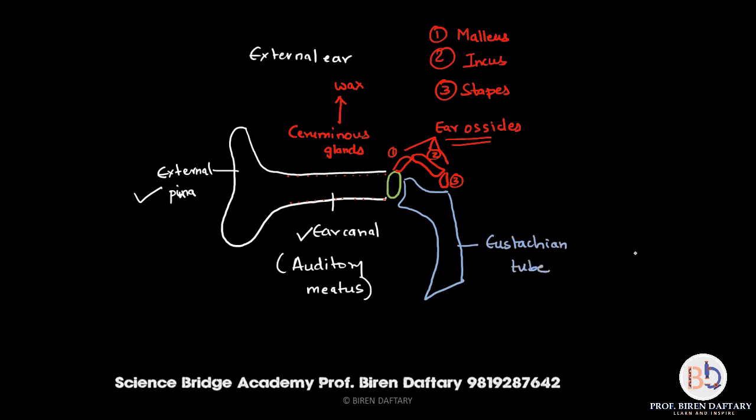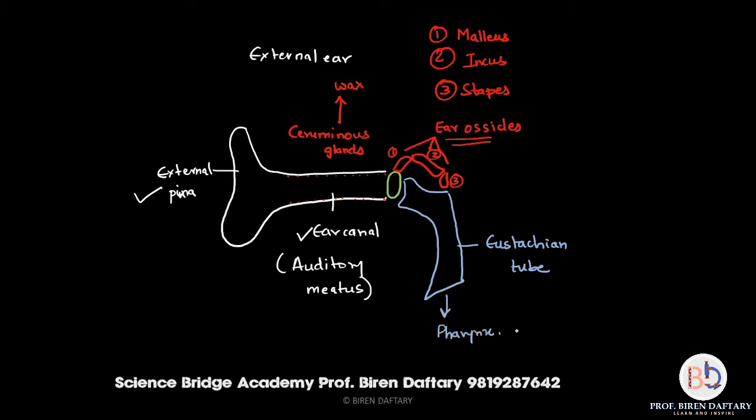Okay, so basically the middle ear is made up of the three ossicles, malleus, incus, stapes, and it is also made up of a structure called the eustachian tube. So what does the eustachian tube do? Sometimes the air pressure on both sides of the drum, on the left and the right side, may vary, and when the pressure gets too high or too low, the air pressure is balanced from this eustachian tube, because the other end of the eustachian tube is connected to the pharynx.